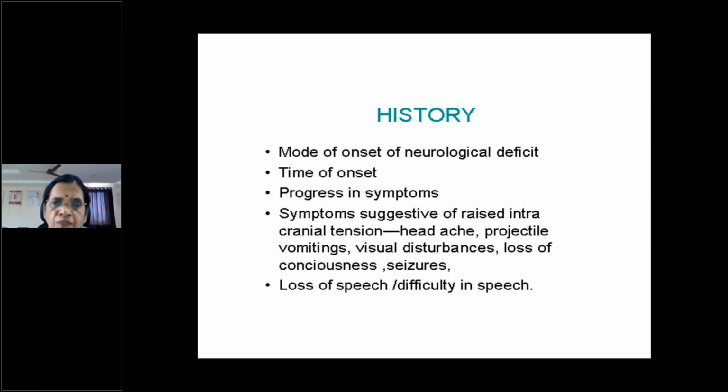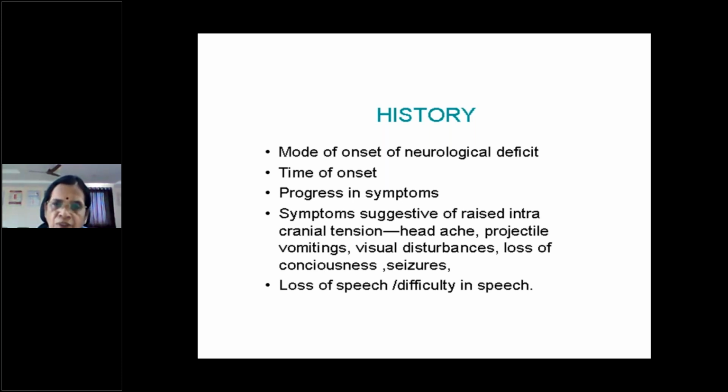Suppose it is a sudden onset occurring within minutes or hours, you have to think of an acute etiology, like either trauma or hemorrhage. If the onset is sudden but then gradually progressive and the patient is improving, once again you have to think of a vascular etiology. Like that, the mode of onset, whether it occurred suddenly or is gradually progressive, matters. Usually degenerative, nutritional or other causes, and tumor, can be slow onset and gradually progressive. So the mode of onset is very, very important to know the etiology of the neurological deficit.